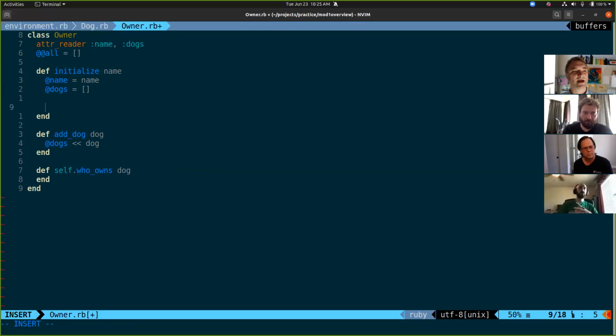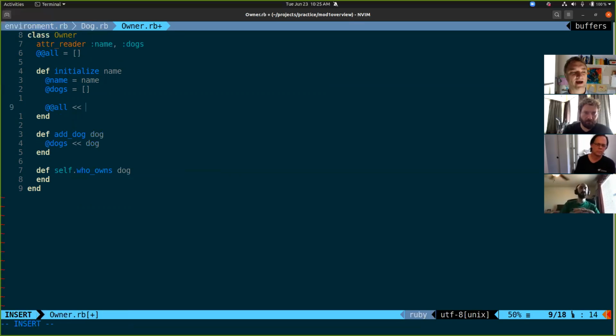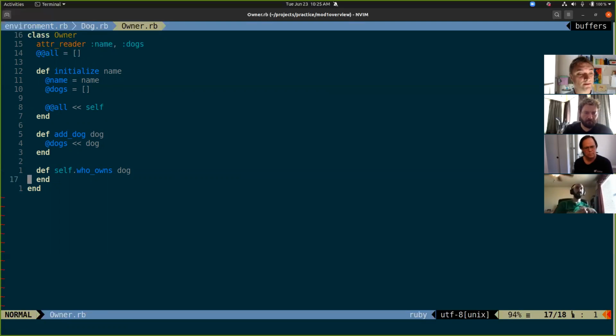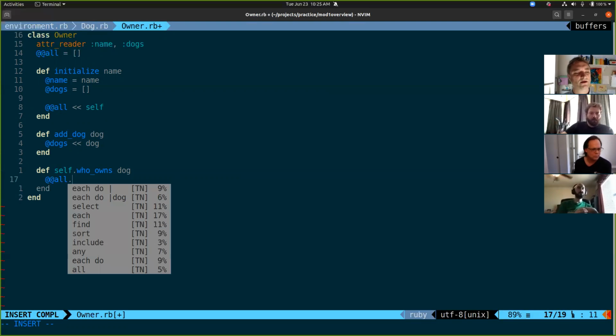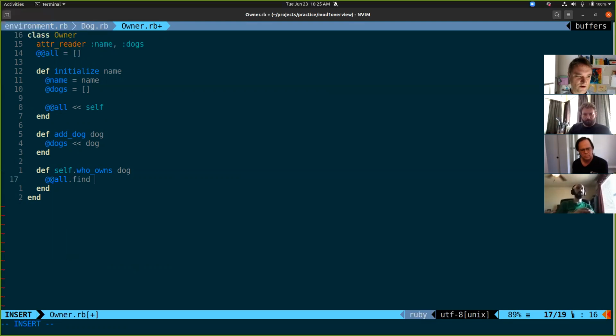And every time I make a new owner, I shovel that owner into @all. Notice the two ats instead of the one. You're making Kyle right now, so make sure Kyle ends up in this array right there. And then I can ask owner, who owns this? And I can say, let me look through this and find the first owner